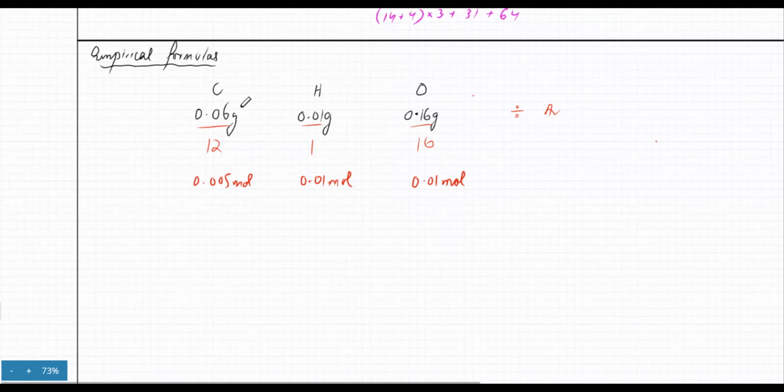Okay, as a starting point, it could be mass or it could be the percentage of the mass. He could have written 10% carbon, 20% this, 30% that. So instead of grams, the other option could be that percentage is given. Once you find that, you divide by the AR. The second step is find the simplest ratio. And how do you find the simplest ratio? The way you find the simplest ratio is divide by the smallest.